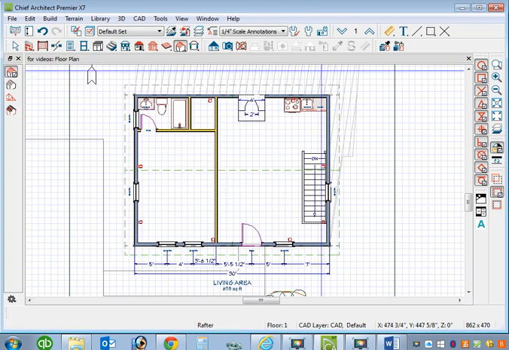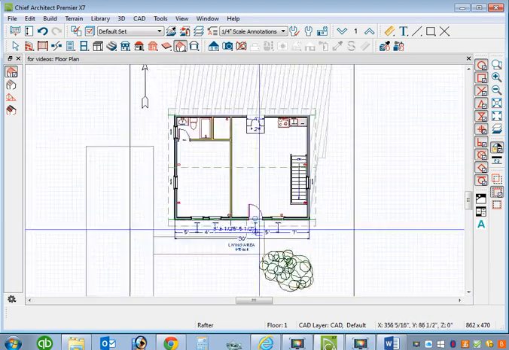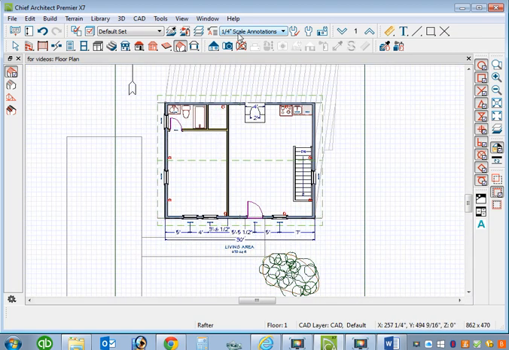What I have on screen is a little bit of a plan that is, I just used Chief's template right out of the box. And I've also put a couple of controls on screen, by the way, for you to see,